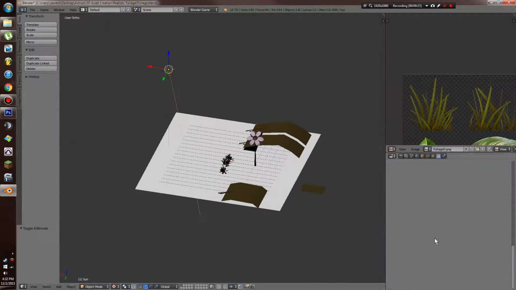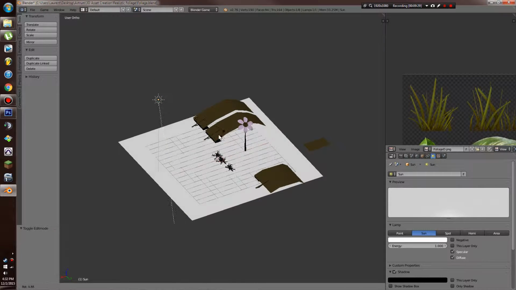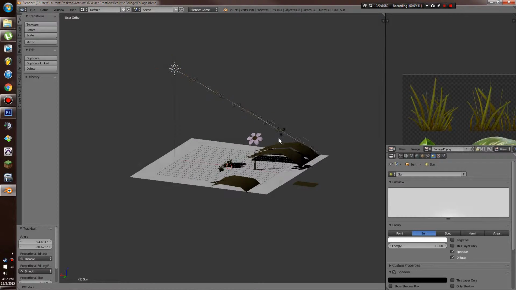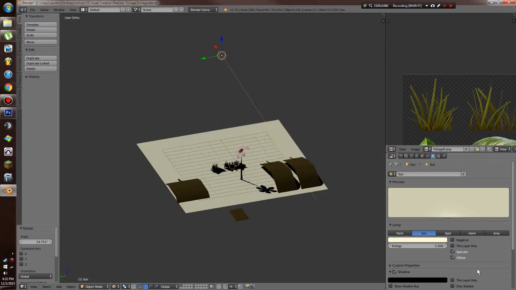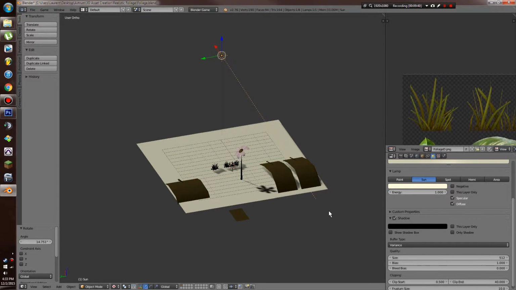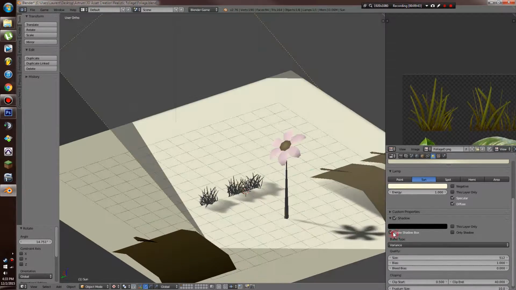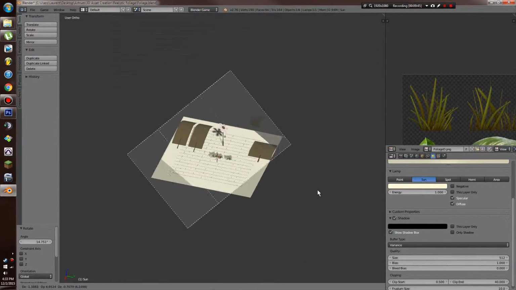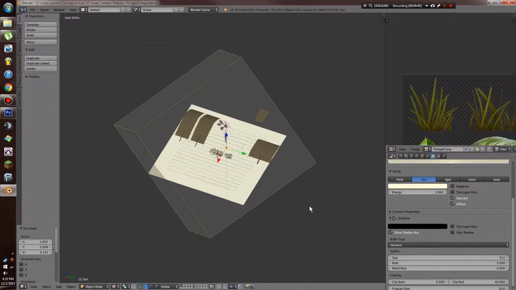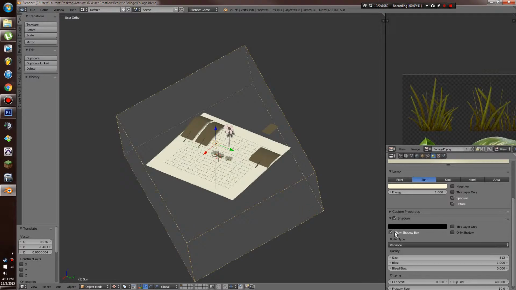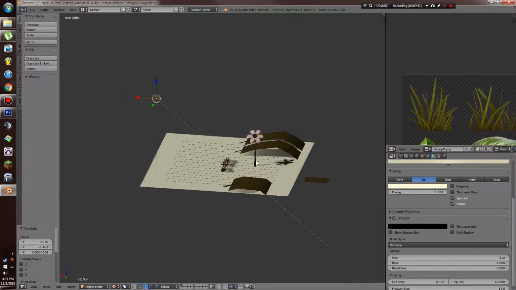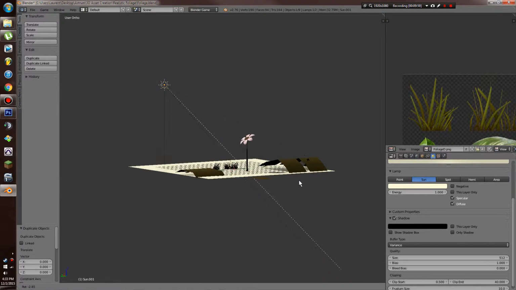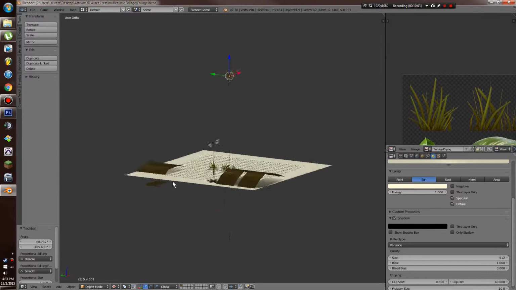Okay, let's set up some better lighting here. Start off, let's get a better angle on our stuff. Get a better color on it. Let's make sure this is set to variance. We can show our box if we want to see what's going to get affected. Scale it up to change the size of that box. What we can do is copy this and rotate it around in the other direction